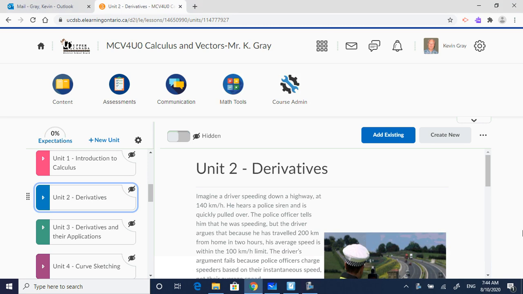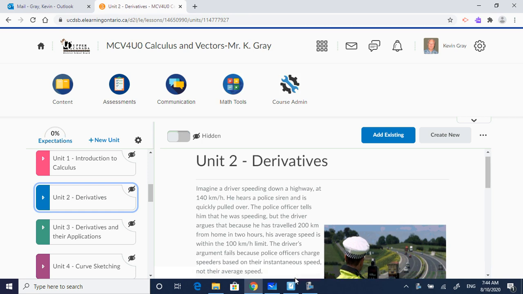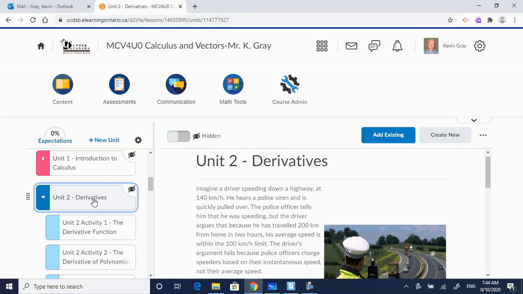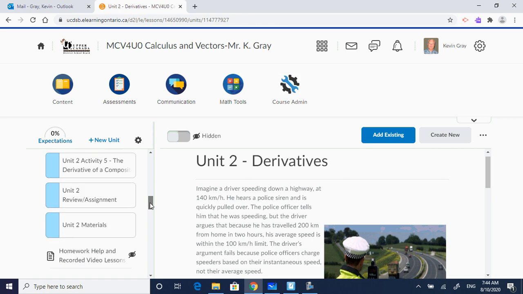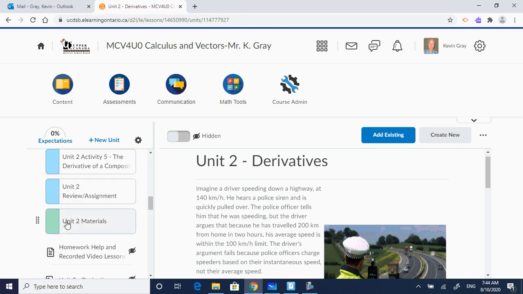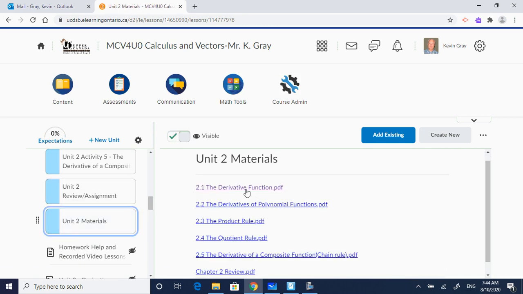Okay, chapter 2 starts us on derivatives here, and there's a really good explanation of instantaneous rate of change to get us started. But I want to focus on chapter 2, and just a quick reminder that we're going to start on 2.1 today, the derivative function. And if you want to review materials, the Unit 2 materials, the PDF lessons are in this area right in here. Okay, so let's get into